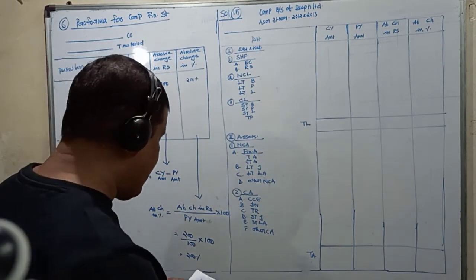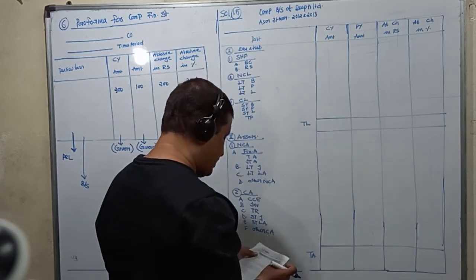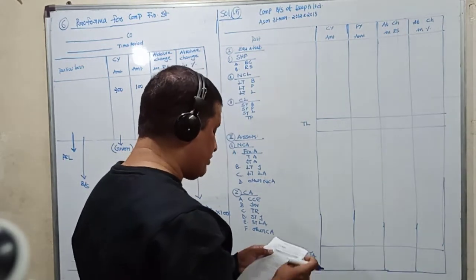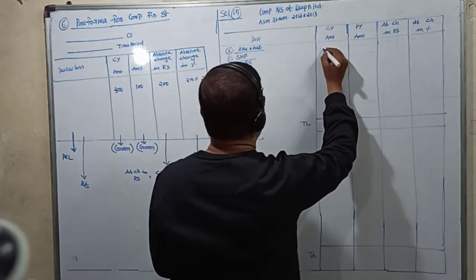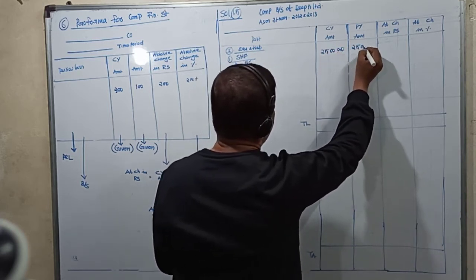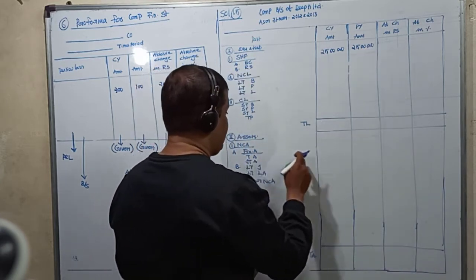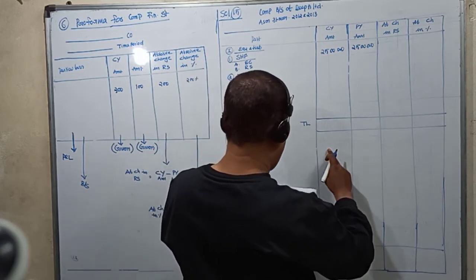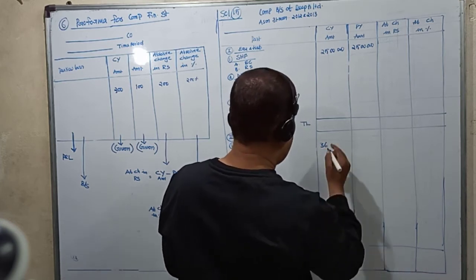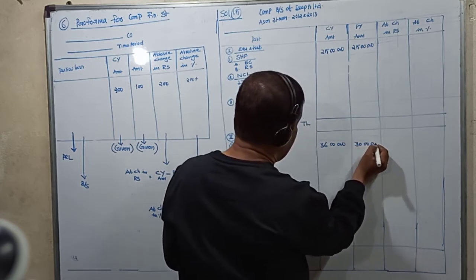So go down here, share capital. So it comes here. What is the current year? The first they gave for 31/3/2013, that is the current year amount. 31/3/2012 is the previous year amount. So the share capital here is 25 lakhs. For the previous year also it is 25 lakhs. Next we have fixed assets. What is this amount? This is 36 lakhs. And for the previous year it was 30 lakhs.